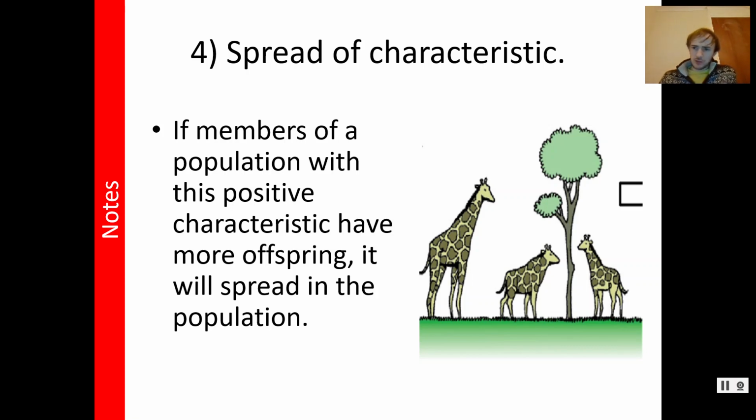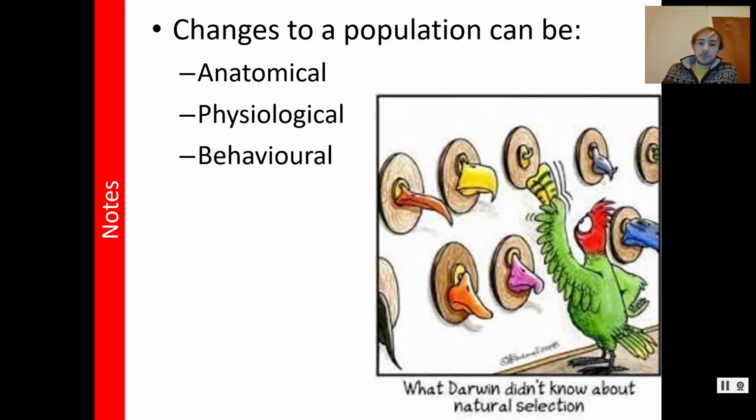Because of this, over the course of many, many, many years, each species gets better and better adapted to its environment, because those who are best adapted will survive and have lots of children and pass on their characteristics. Those who are less well adapted should die, and therefore there will be better and better adapted organisms. And that's how we suggest that all of the organisms got their characteristics which makes them so effective. Fine. There's a final thing to say, and then we'll do some questions, and that is that there are 3 types of possible changes to a population: